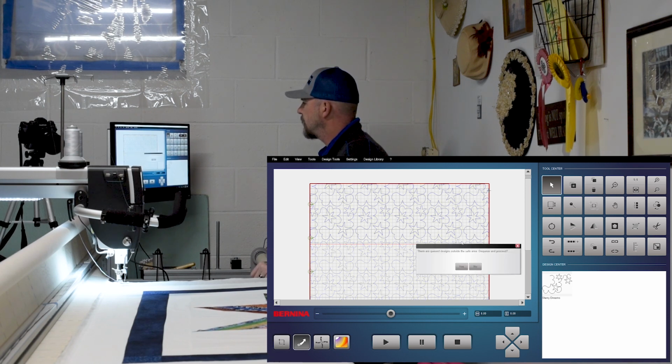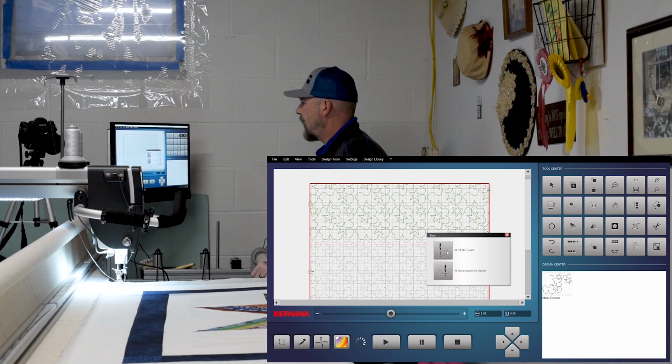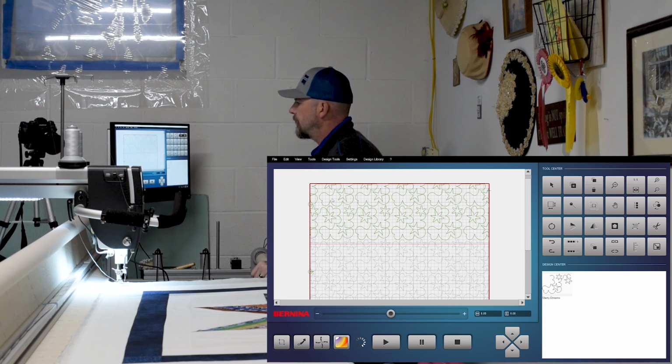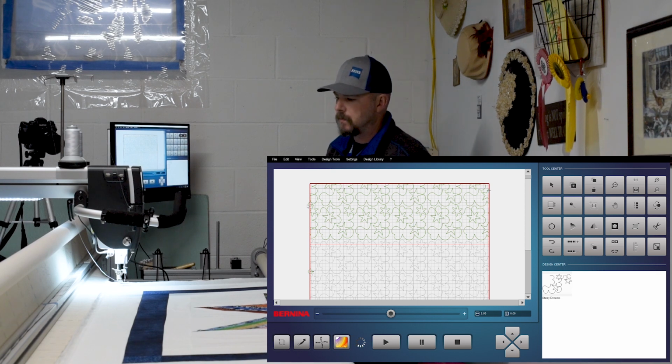And now we're going to go ahead and click play. Everything is nice and in my safe area. The black part is what's going to sew before I have to advance. And I'm going to say yes. At start point. And then the machine's going to go ahead and move to this start point on the left side of my quilt. So once it does that,